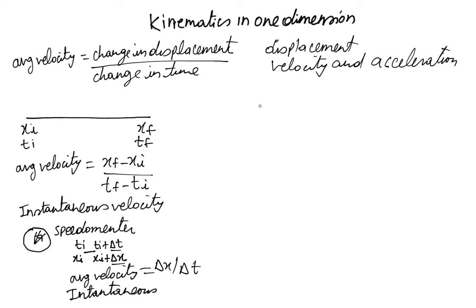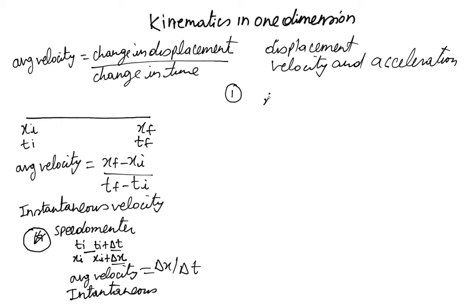We may be moving in very ever-changing ways. It's not that you start traveling with a velocity of 30 miles per hour and you just keep traveling with that speed. No, we accelerate, we reach a certain speed, we brake and then accelerate, and we travel different distances. So it is important to understand the relation between these different variables, and the three equations that are required to understand different relations between these variables are: